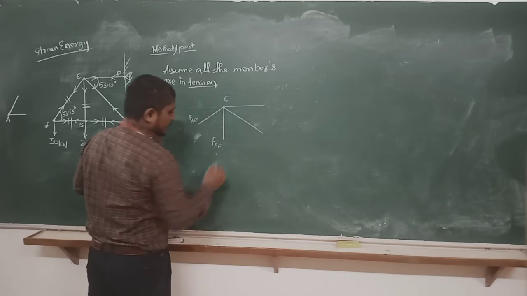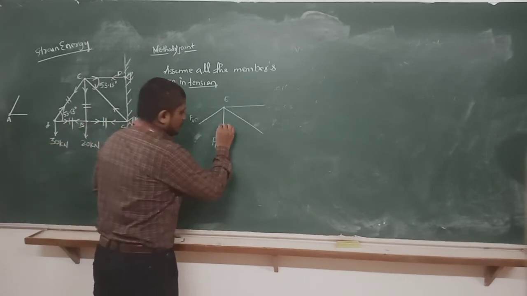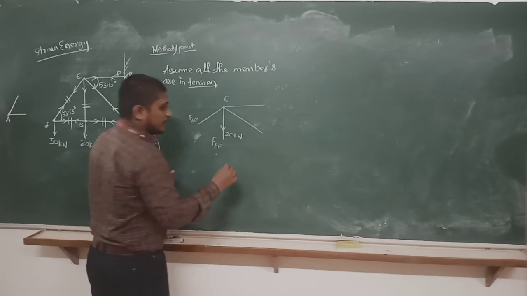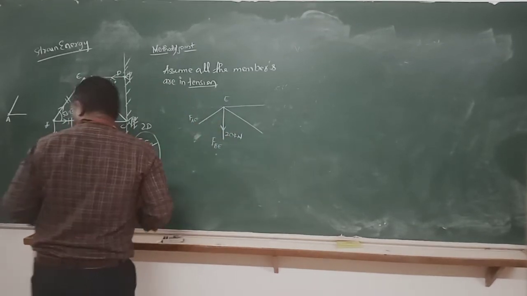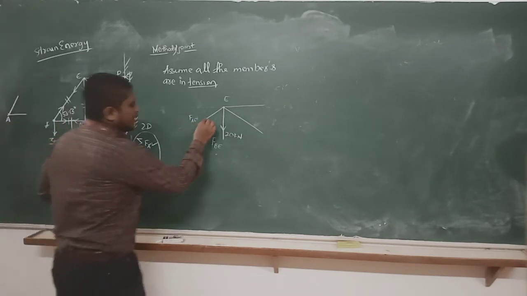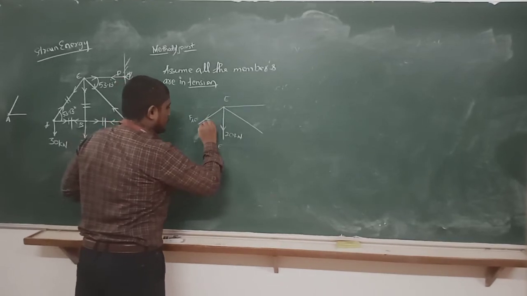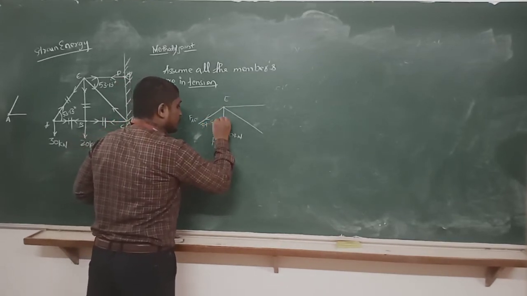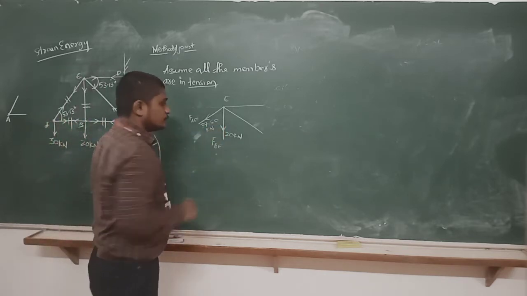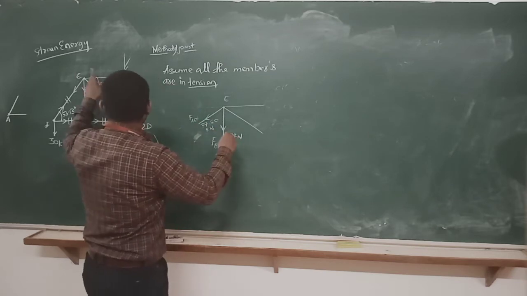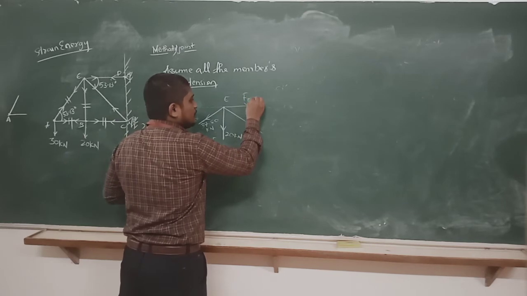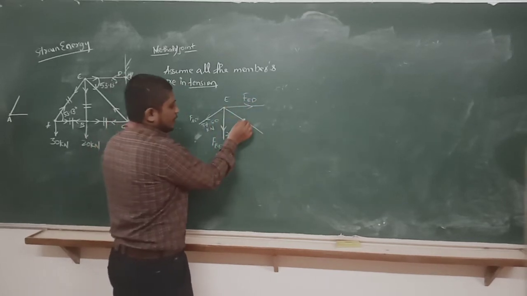BE or EB, both are same. It was 20 kN tension. Tension means away from the joint. Already we have calculated this as 20 kN in the previous step. And the FA value is 37.50, also in tension. When we considered joint A, that time we calculated this 37.50 kN. Now we are left with only two unknowns. One is FED. Initially we have considered it in tension, away from the joint.